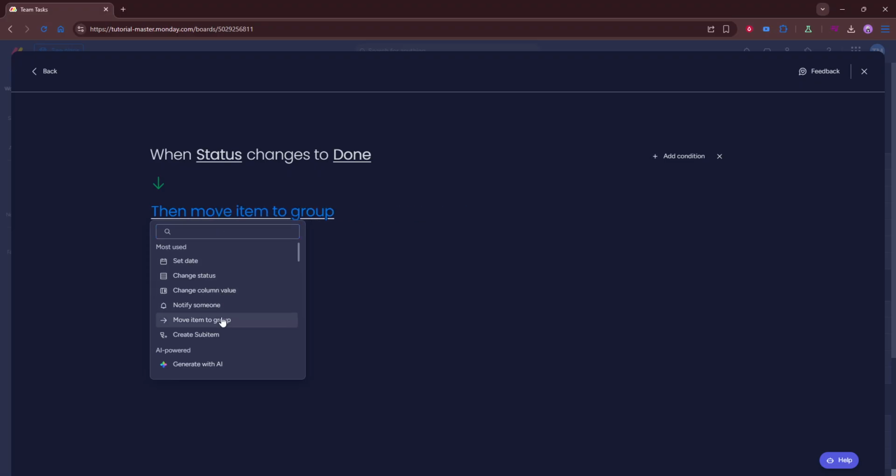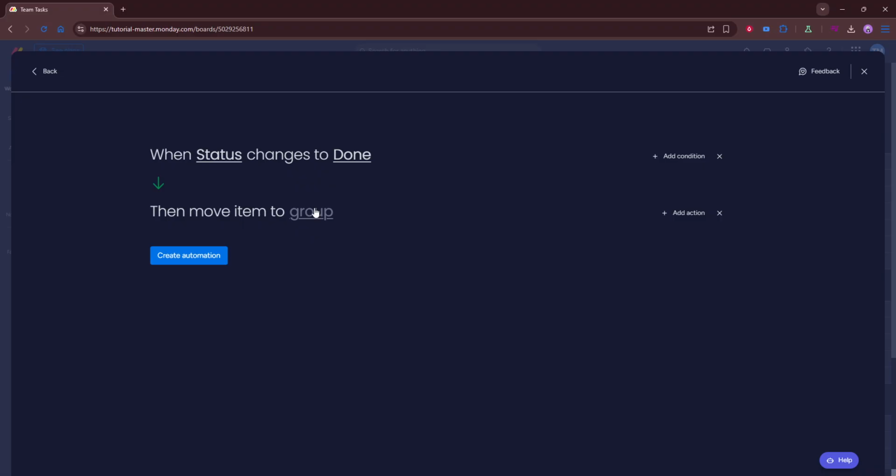Try to match the trigger to a real point in your workflow, such as when a task is marked complete or approved. Then select the action to move the item. This is the part that tells Monday.com what should happen after the trigger occurs. In this case, the action is to move the item automatically, which helps streamline your process and keeps work progressing